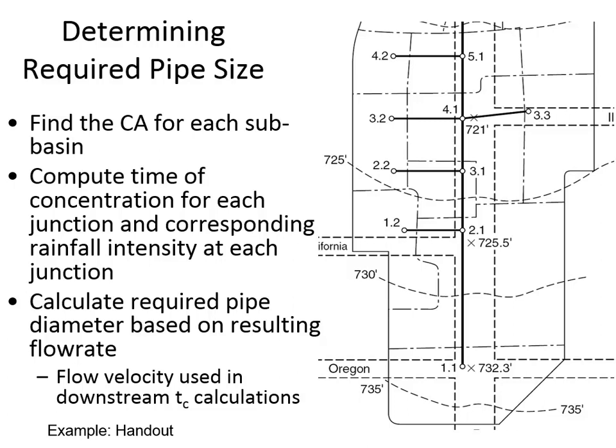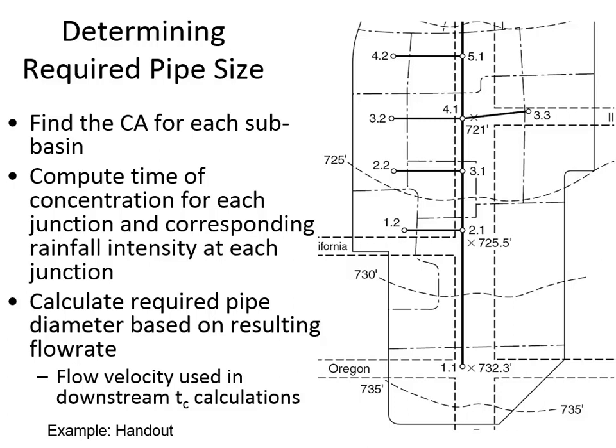So that's referring to this watershed boundary. That first upstream segment is 2.2 acres. And it's also provided that the C value is 0.65 for that area. And so what you need to do is multiply C times A, and then the sum of CA is actually relevant when you get to an area like 2.1, because when you get to an area like 2.1, this has not only